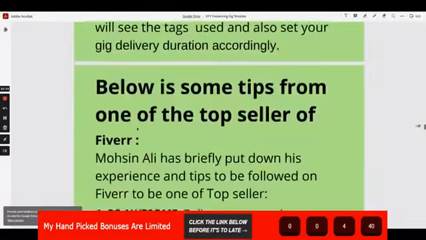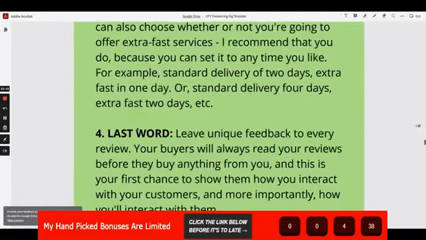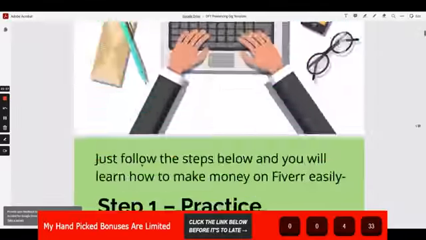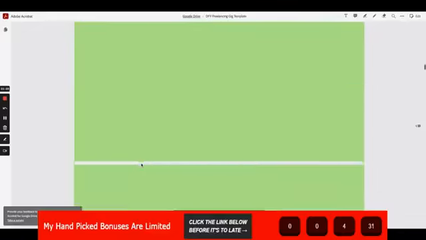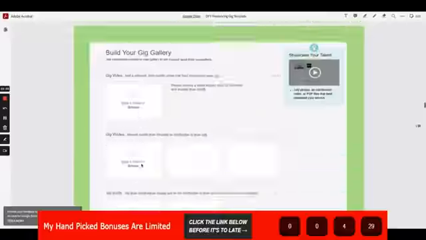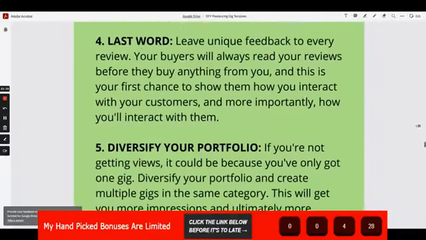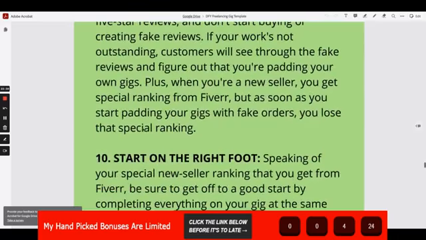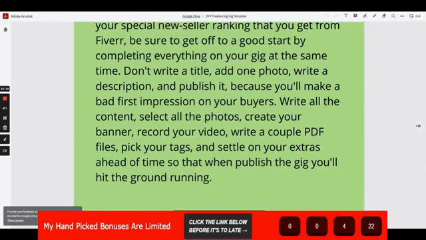We have explained to you in detail how to create an account on Fiverr, how to create a gig, what to add over there. Everything in detail has been added to this PDF of 18 pages. You just have to copy stuff from here and put it over there and start selling and profiting from Fiverr.